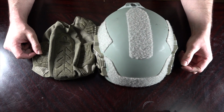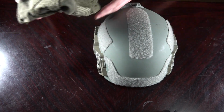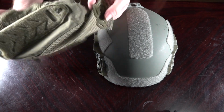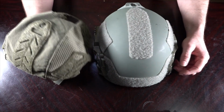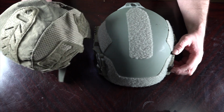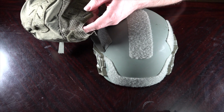All right, so this is just a quick video demonstrating how to install your Team Wendy helmet cover. Prior to installation, make sure that you have purchased the correct helmet cover for the correct helmet. They have a variety of brands and styles, the carbon, the X-Fill, LTP. Make sure that you get the right one as well as you get the one that is indicated for the